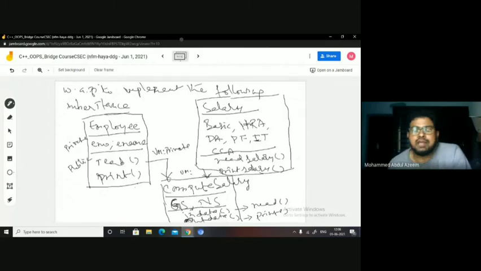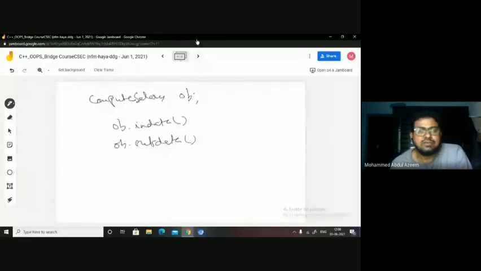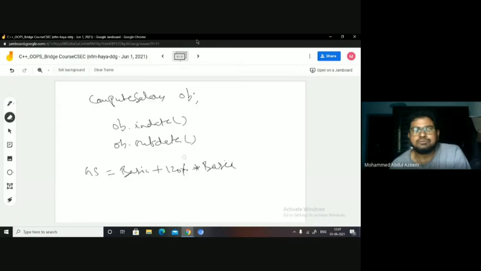But in the case of salary, I want this attribute directly available in this class, because when I am calculating in out data, the formula I am using for gross salary is gross salary equal to basic plus 120% of basic, which is nothing but DA. You need to first calculate DA and all separately. I'm giving the formula, but I'll give it to you separately.